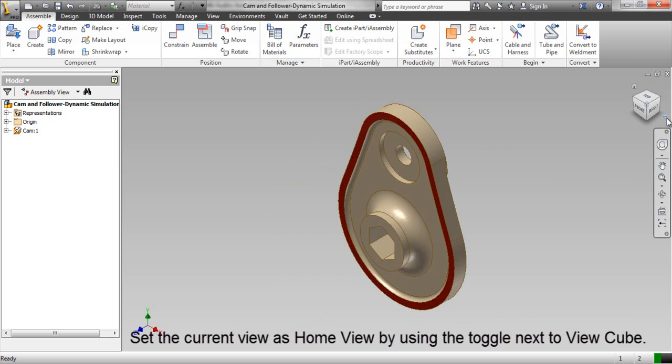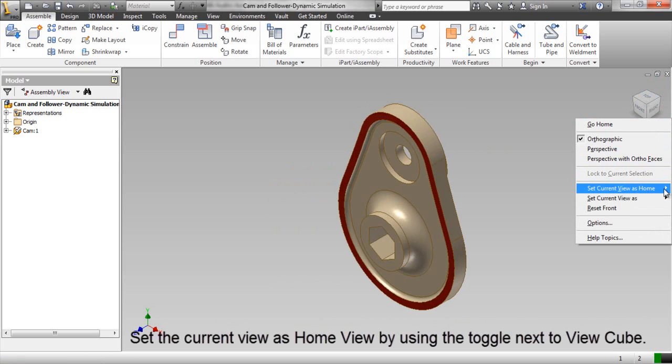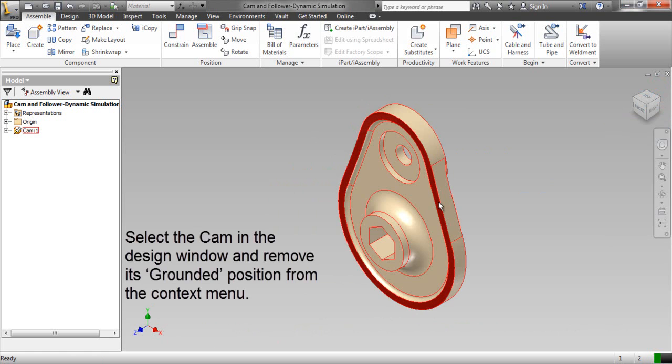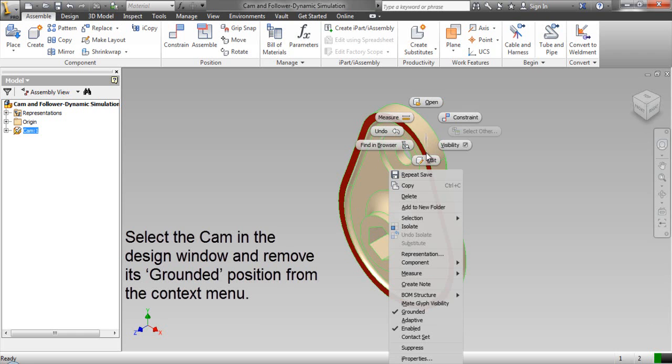Set the current view as Home View by using the toggle next to View Cube. Select the cam in the design window and remove its grounded position from the context menu.